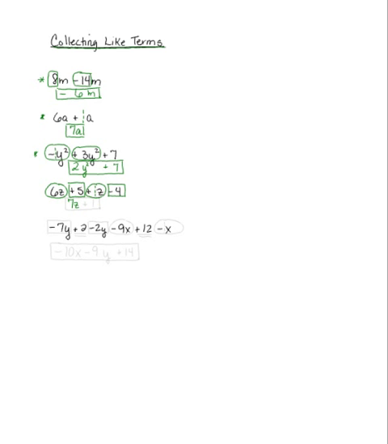And then if I have 5, and there's no label on it, so it's just 5, and I subtract 4 from it, I'm left with 1 of this no label thing. So that means that they are not like because we have z terms and non-z terms, so our answer is going to be 7z plus 1.